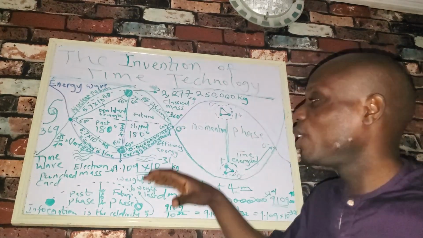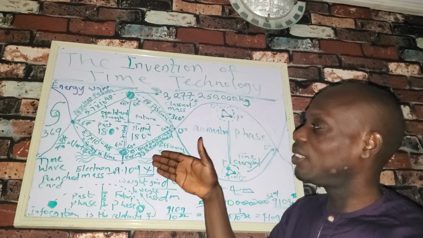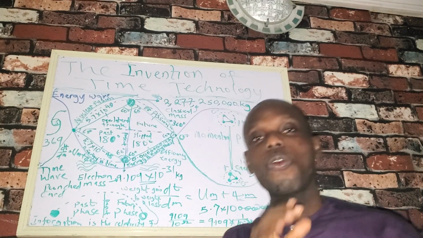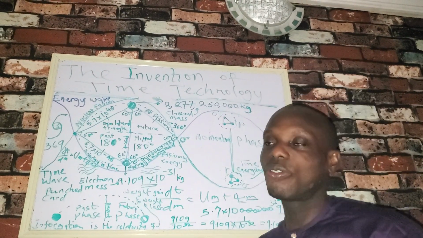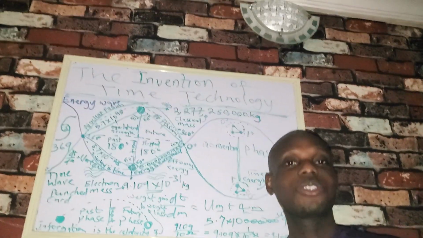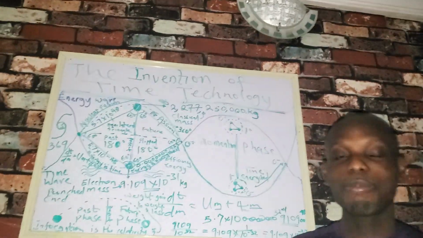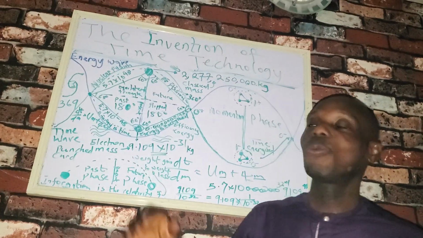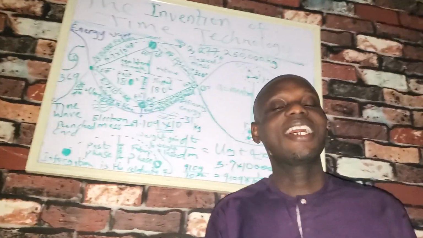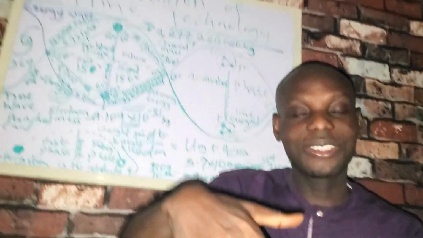So that may not fully represent what the time energy wave model is trying to portray. For us to have the kind of information that the time energy wave interaction or model is portraying, we have to go back to analog. That's why I said in my published book on Amazon, The Invention of Time Technology, that digital signal will be converted to analog signal.